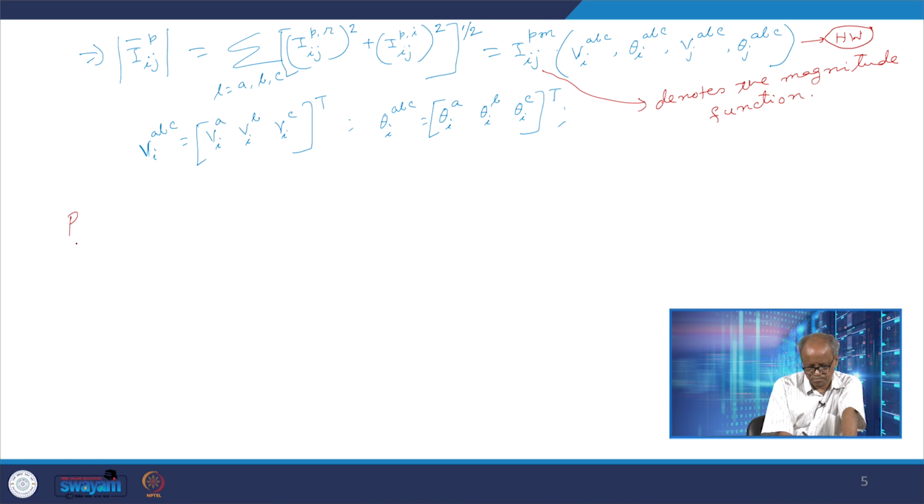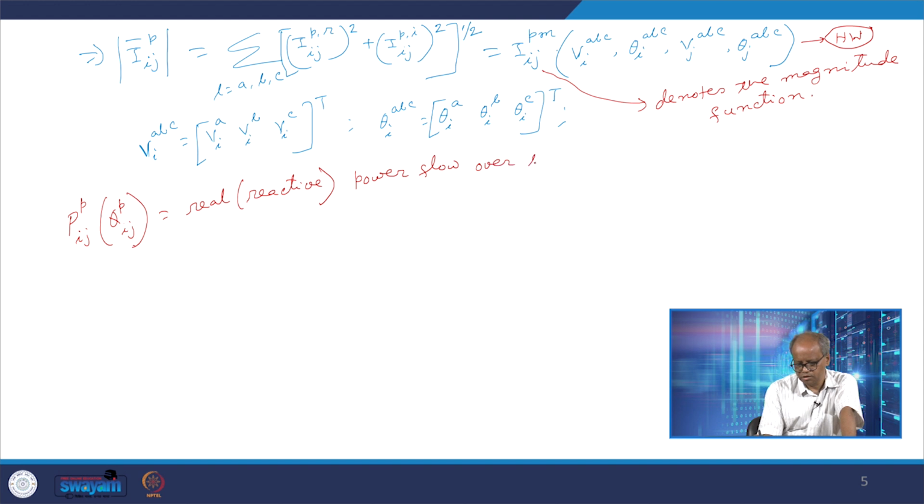So let us define Pijp and within bracket Qijp. In the same breath we are trying to define it, that is the real or reactive power flow over the line between bus I and bus J